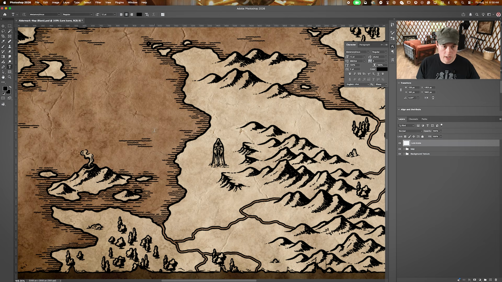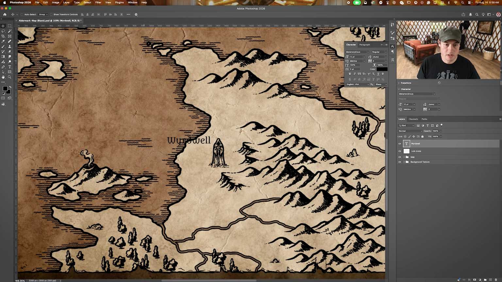And then we can come in here and we'll go to our text tool and rename this. And I think I'm going to go with Wyrd, based on the word weird, also meaning fate. Just something that kind of feels a little strange or ominous. Position it over here. And one other tip I'll give you is if we're in Photoshop, we can come into our layer panel,